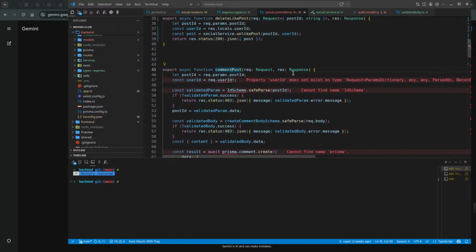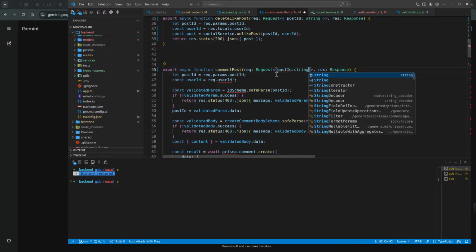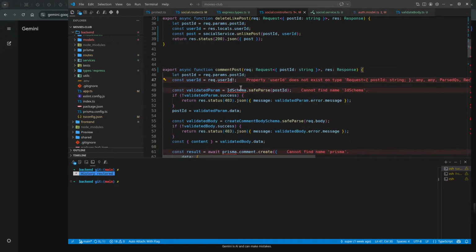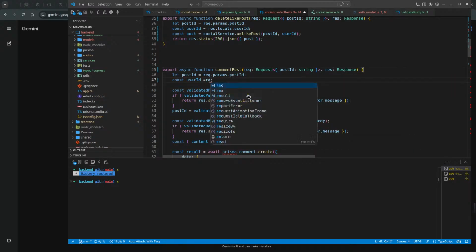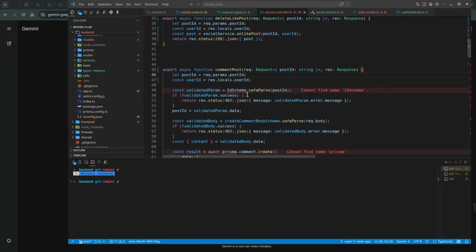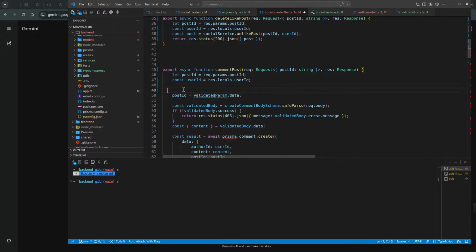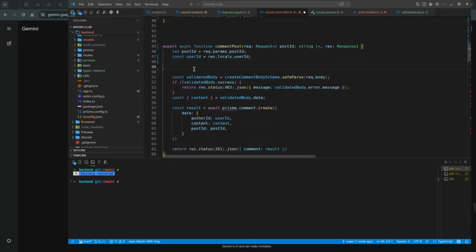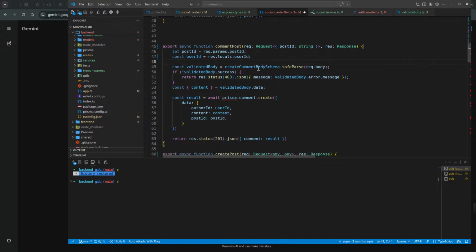Comment the post. Post ID is req.params.postId, and I will go here and say that this guy has a post ID of string. That's first. Second, we need to say the cast. I mean, I'm just repeating myself over and over again. We don't need to parse the ID anymore here. It's already in the middleware.